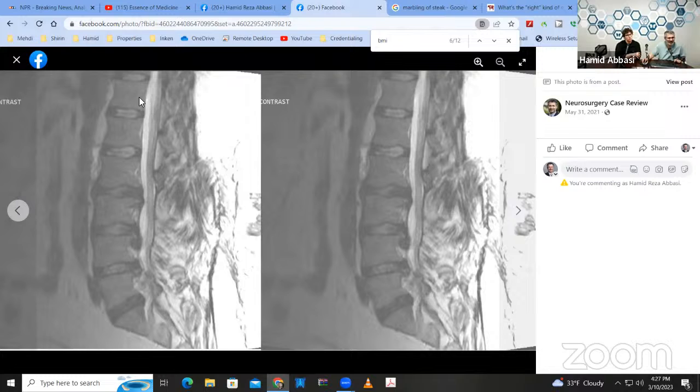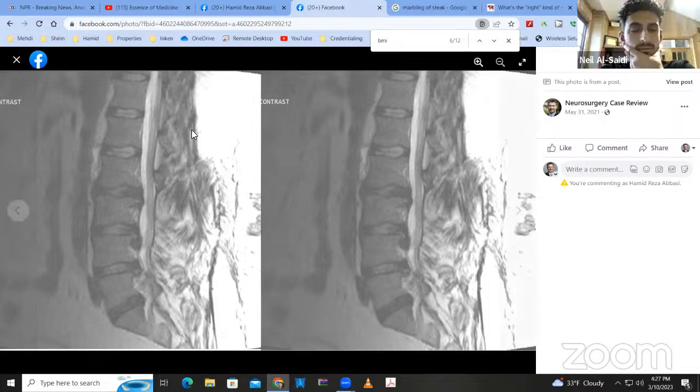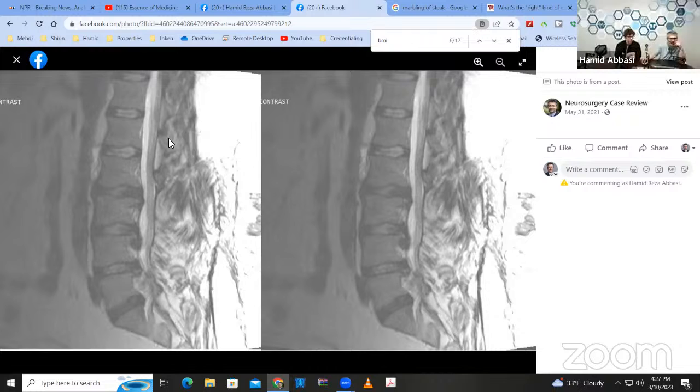Neil, I'm going to go over some structures. Tell me what they are. We talked about that being the disc. What is this? Would that be the paraspinal muscles? Almost, but it is not paraspinal muscle, because when you see the spinal cord, you are not next to the spine. You are right at the spinal canal. So what is right in the back of the spinal canal?